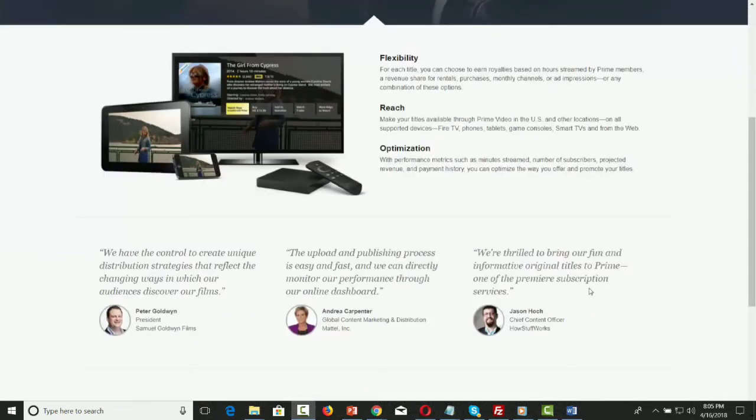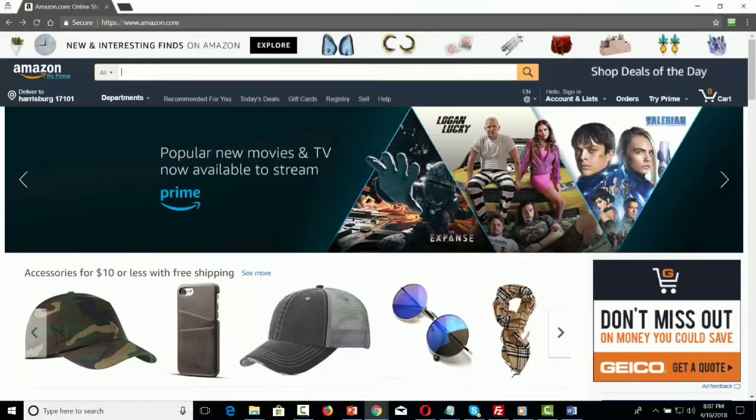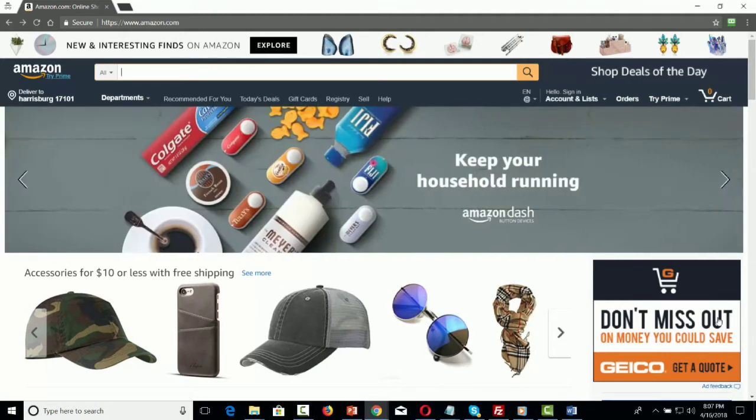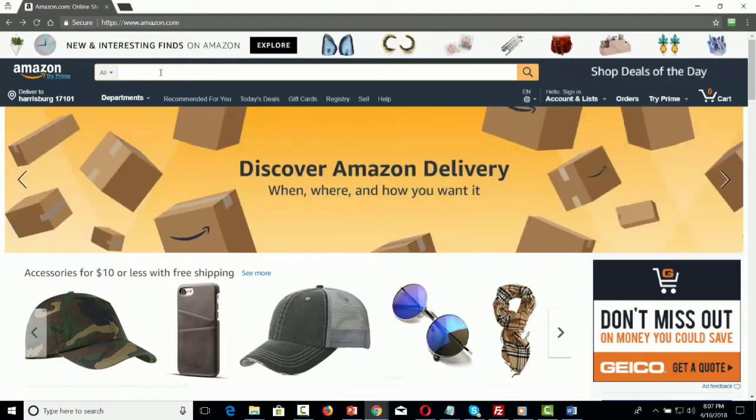Prime Video Direct is a platform designed to help content creators reach their targeted audience on the Amazon website. And while Amazon is known primarily for consumer goods as well as consumer video, you can also find targeted business